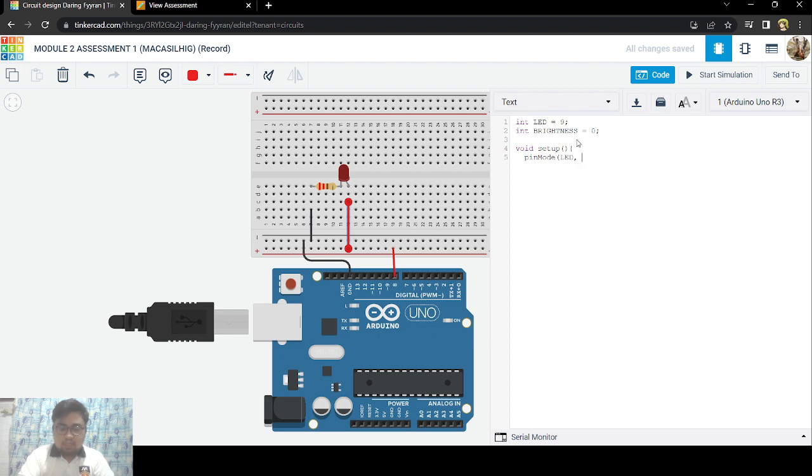Void setup, pinMode LED, OUTPUT. Then void loop, then for brightness equals 0 semicolon, brightness less than or equal to 255 semicolon,